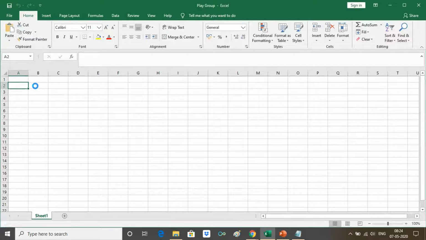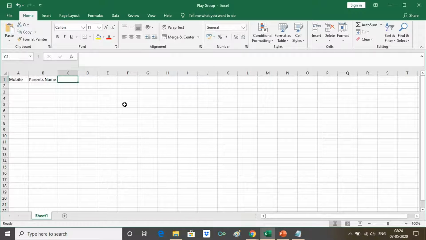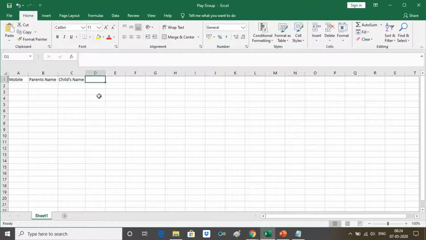What I'm going to do here is choose the first tab as mobile, then parent's name, followed by child's name. That's all. You need these three fields to be mentioned.